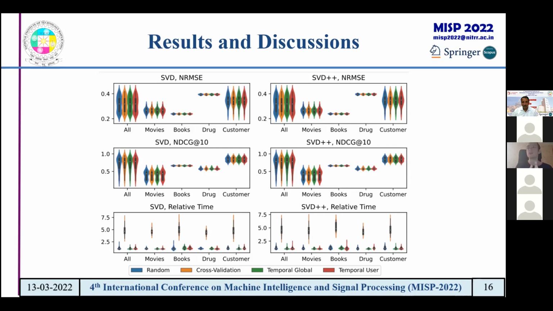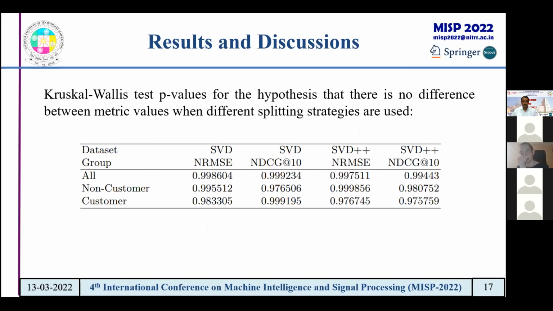The results about evaluation times obviously show that the usage of cross-validation, see the orange violin, increases needed time from 3 to 6 times. Other strategies require pretty much the same time, but there are small evidences that temporal strategies lead to the lowest times more often than others. This can be explained by the peculiarities of algorithm implementations. So let's check